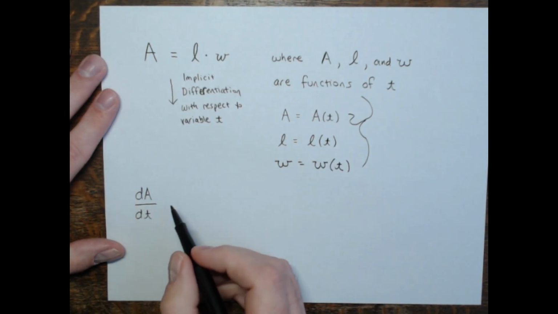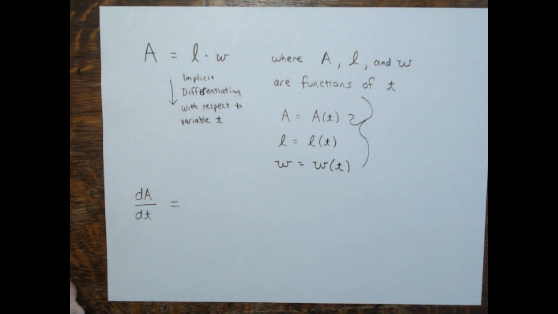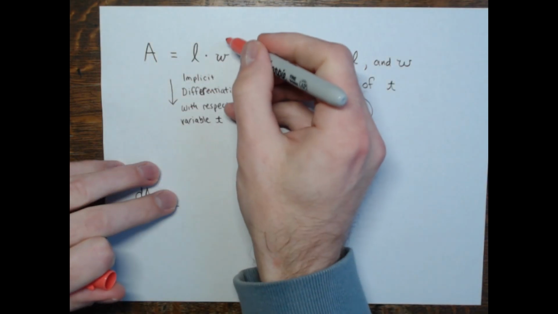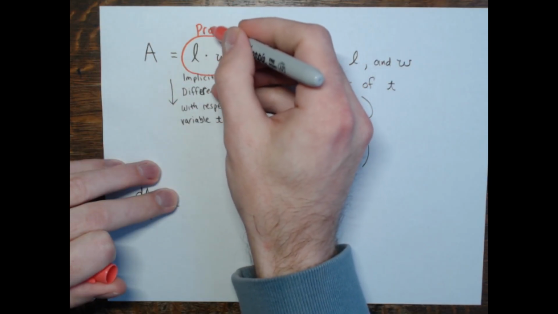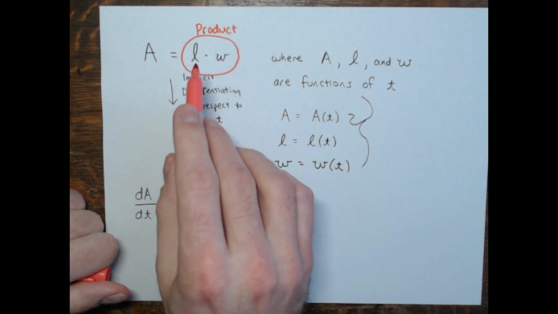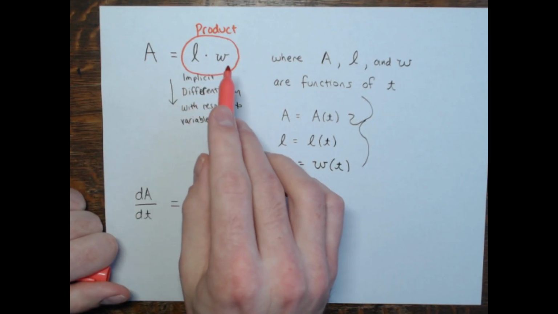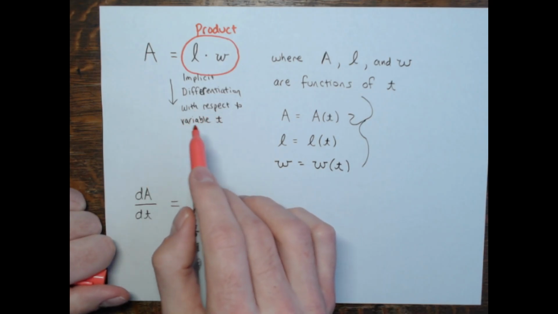That's all I'm getting from the left side. Now on the right side, this is a product of two functions of t, right? We have L of t times W of t. And I'm differentiating with respect to t,